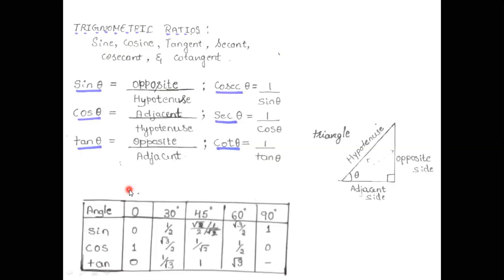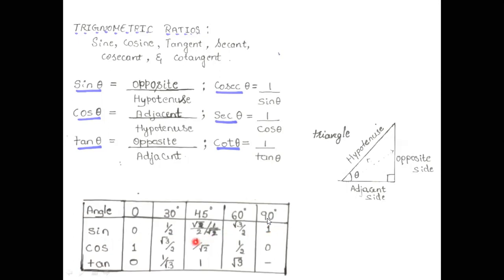so here, there are standard values for sin theta, cos theta, tan theta, similarly cosec theta, sec theta, cot theta. Okay, standard values are given. Sin 0 degree, the value is 0. Similarly, sin 30 degree, the value is half. For sin 45 degree, the value is root 2 by 2, or we can also write 1 by root 2. Next, sin 60 degree, root 3 by 2. Similarly, 90 degree, 1. So, sin value varies from 0 to 1.